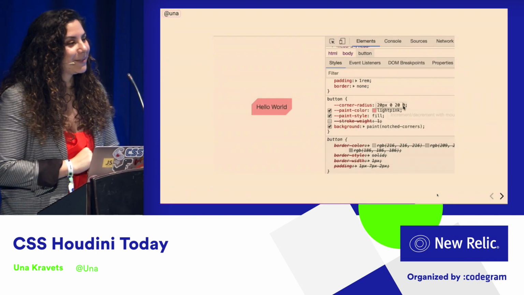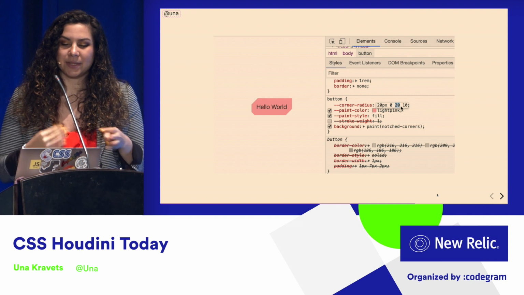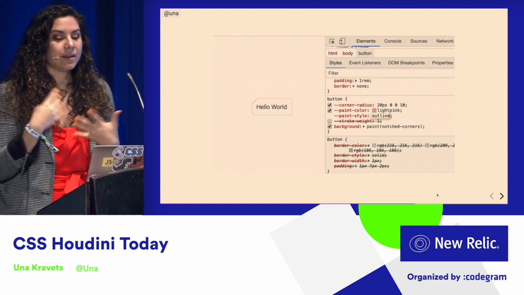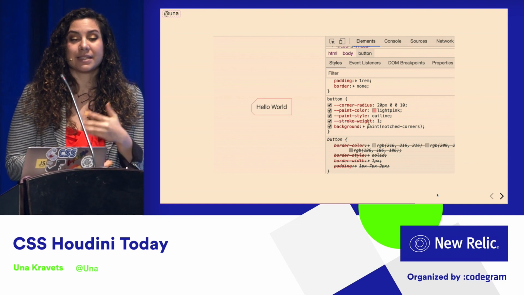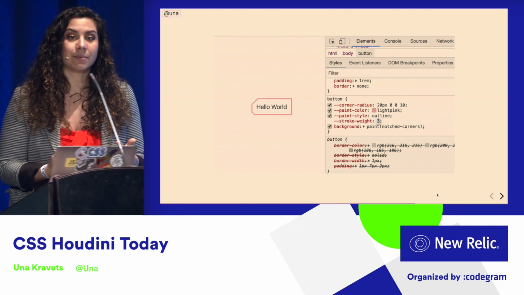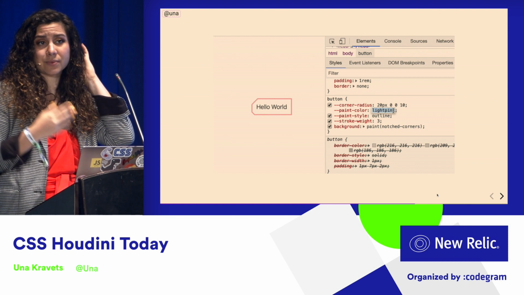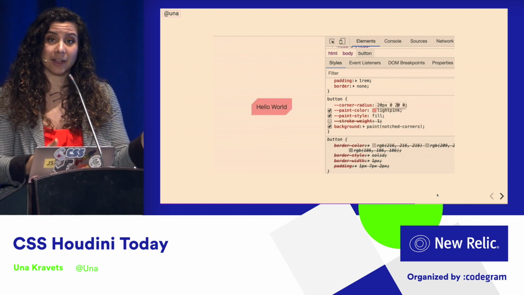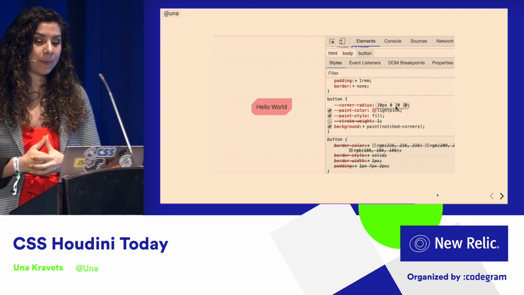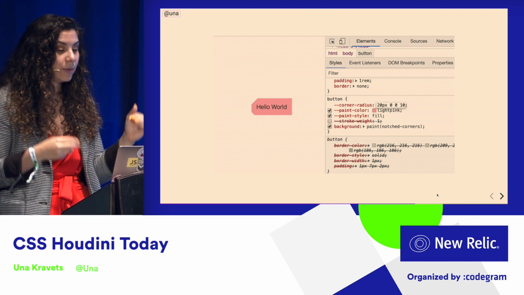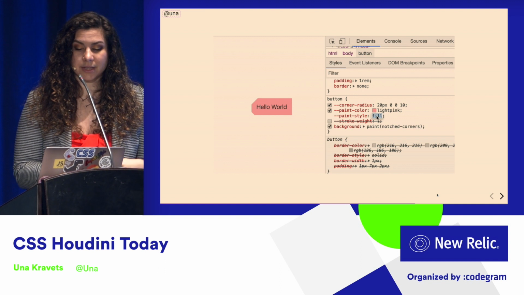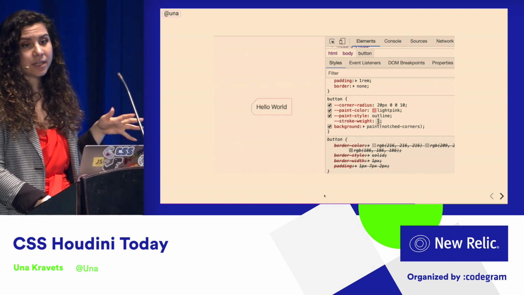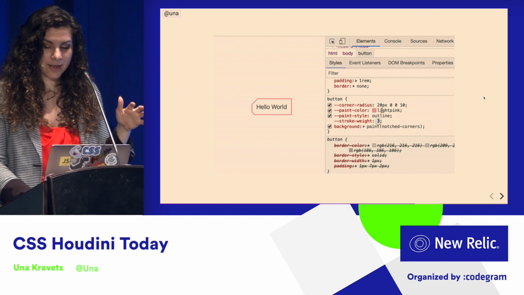So I started writing a worklet, and here I was using background. I have a corner radius that's adjustable, a paint color. There are different styles of buttons in Material. There's an outline button, and there's also a filled button. There are raised buttons. There are a few different buttons, so you had to have different paint styles available. And so these are all custom properties that I'm using here, and then throwing into this worklet called Notched Corners and drawing it in. So that all worked well and good until I realized one other thing about Material,